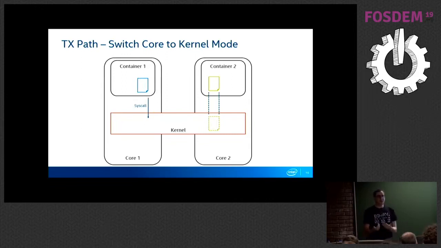Make a system call which switches us on that core into kernel mode. And one particular benefit we have here is that the packet we are sending is already in all our local caches because we haven't actually switched core. We've just moved from user to kernel on that one core. So we've got a lot of benefits from cache locality from using such a scheme as this. Anyway, once we're in kernel space,